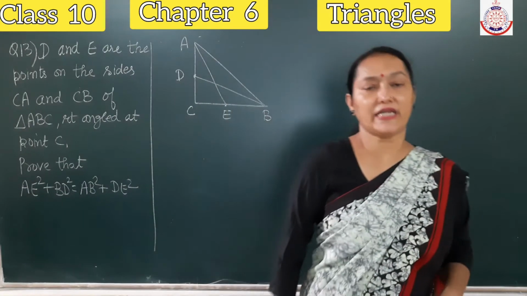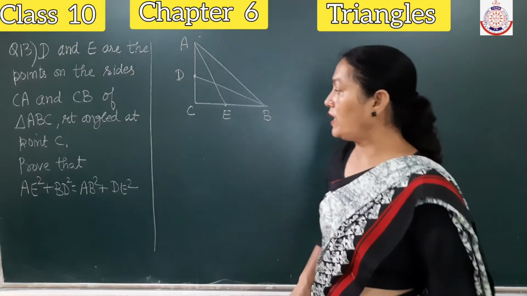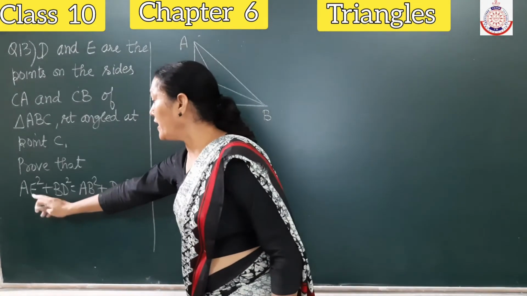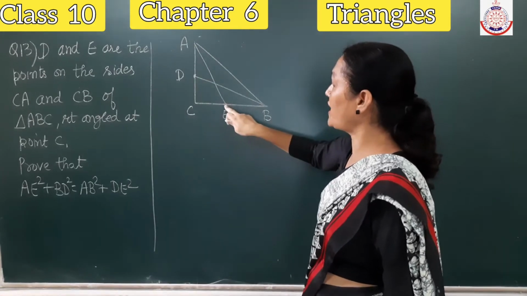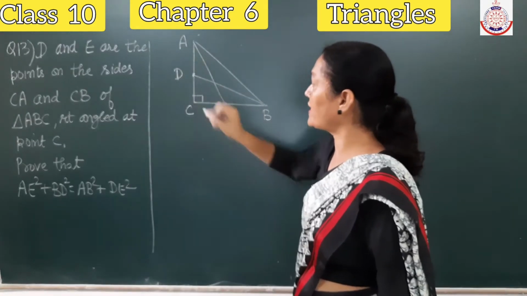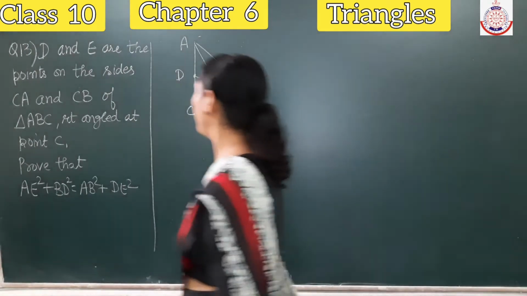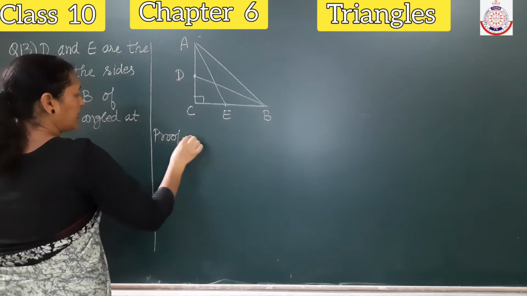As we are dealing with the right angle triangle, we will be using Pythagoras theorem. First of all, look at AE square. AE square means what? Hypotenuse. AE is the hypotenuse of triangle AEC, which is a right angle triangle. So, if you write the result using Pythagoras theorem,